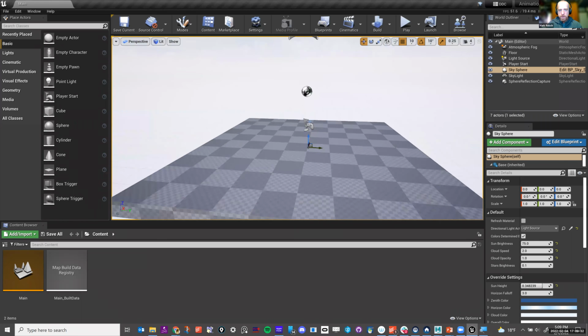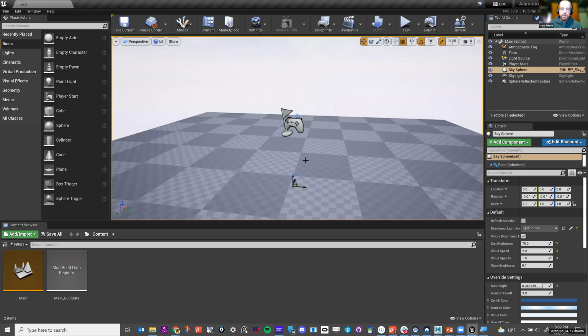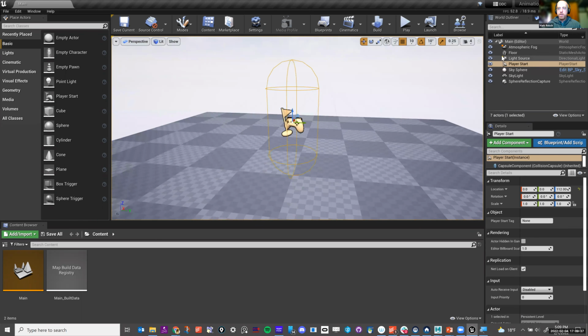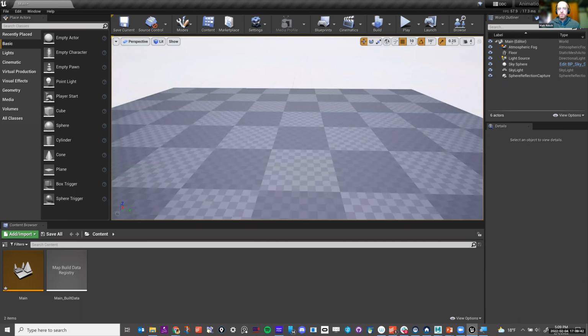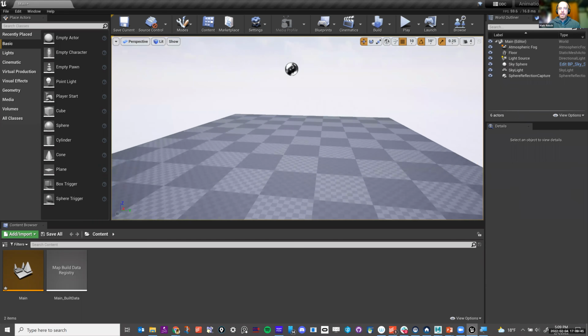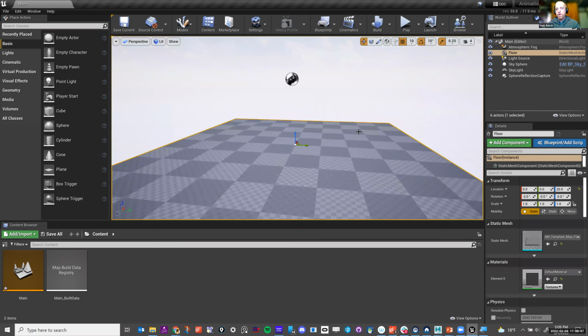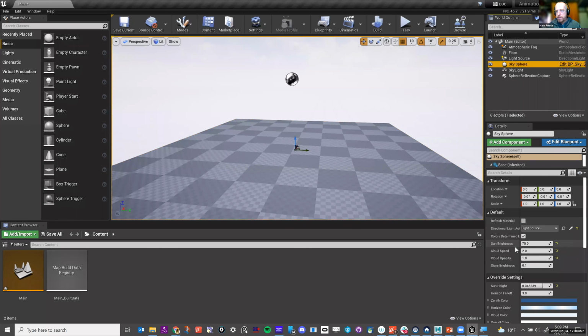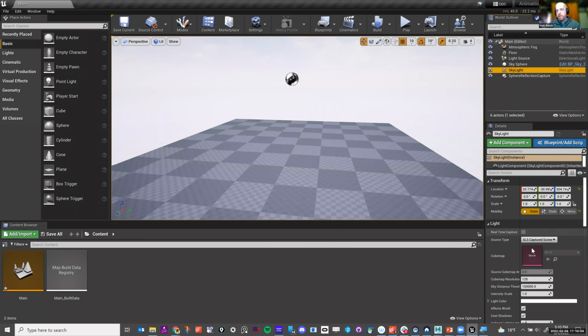This other thing, if you're doing animation for TV or film, this game start, you don't need a player start. You can get rid of that. We don't need it. Later on, you can remove your floor if you want to. We'll leave the floor for right now because we want to have something our character can get into. When you select something, you can see down here the attributes, and you can scroll down and play around with the attributes for that. Whenever you select something, the attributes will automatically pop up at the bottom here.